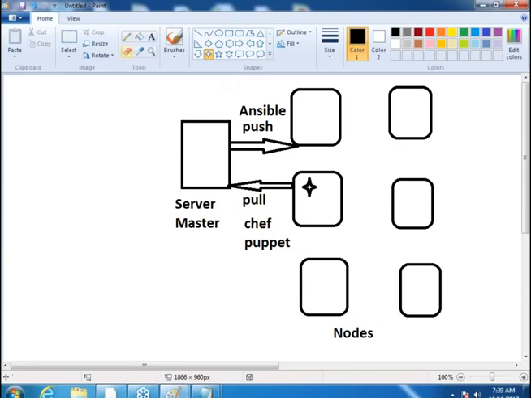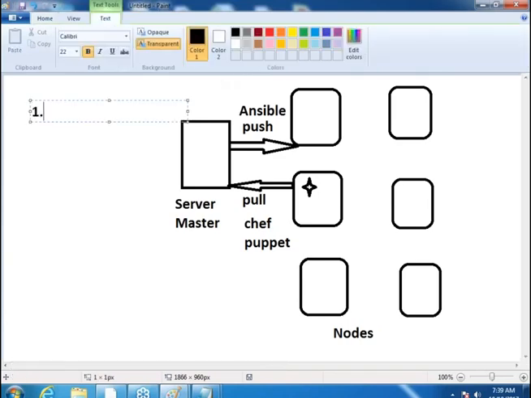So in case of push models, what you would basically do is create a user for Ansible automation. This you have to do. And since we are installing software, probably it would be in the sudo group. Sudo is nothing but an administrative group who can install software. That's it. If it is a pull model, you would have agents installed. If it is a push model, the bare minimum is you should have at least a user created, which Ansible is aware of, and it would communicate as that user and execute instructions for you. Fine. Looks simple.